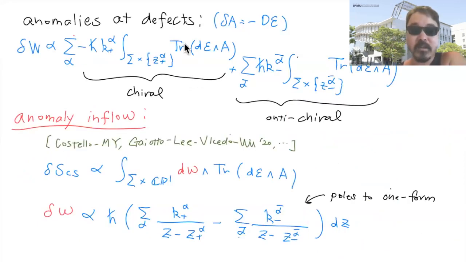Fortunately, there is a way to cancel the anomalies. First of all, the anomalies are localized at the defects. So anomalies come from the defect, localized at the position of the defect at a particular point in the spectral curve. Then we can try to cancel this anomaly with the anomaly inflow mechanism. There isn't too much in the 4D Chern-Simons theory, but you can also try to change the form of the holomorphic one-form. This is what I was discussing with Kevin, and it was also explained in some other papers, including this paper by Gaiotto et al., for example.